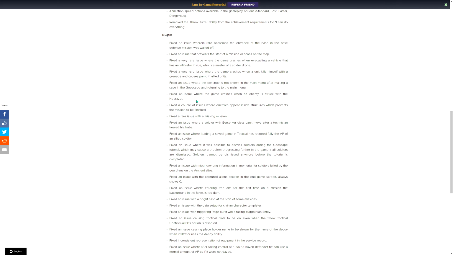Here's the bug fixes, right? Now, this I haven't actually read, so we're going to read this together. Fixed an issue where on rare occasions the entrance of the base is walled off. Fixed an issue that prevents the start of a mission or scans on the map. Fixed a very rare issue where the game crashes when the vehicle is...